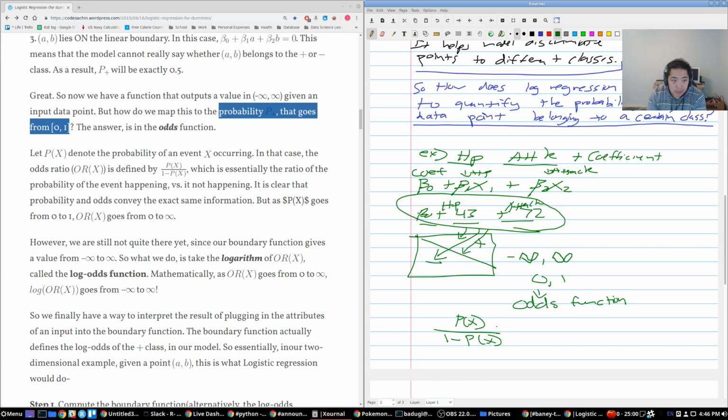P of X representing this, like this example, whether it went on the plus side, and then 1 minus P of X is basically this same thing, but then it landed on